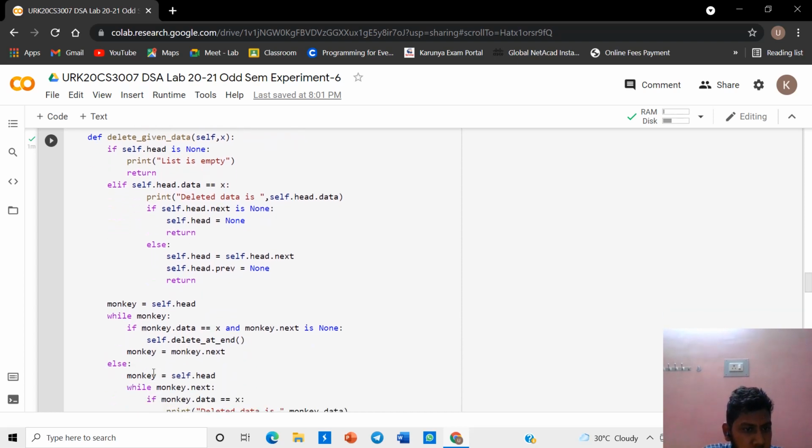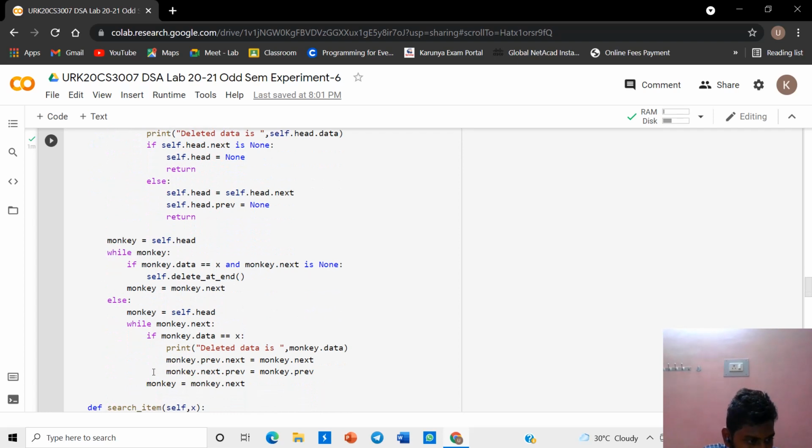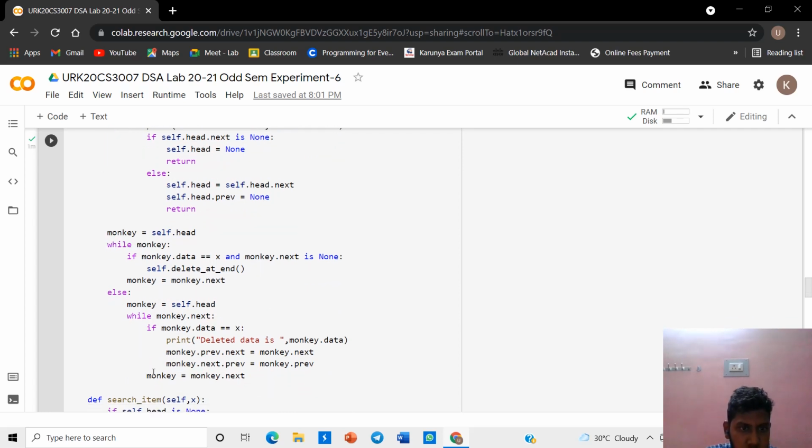Assign head to the monkey while monkey is not none. Check if the monkey data equals x and the monkey dot next is none, and if true then call the delete at the end function. Then after the if statement, assign monkey dot next to monkey in all iterations, else assign the head to